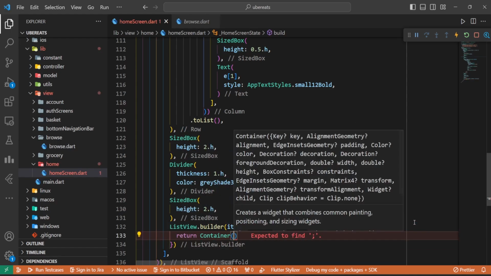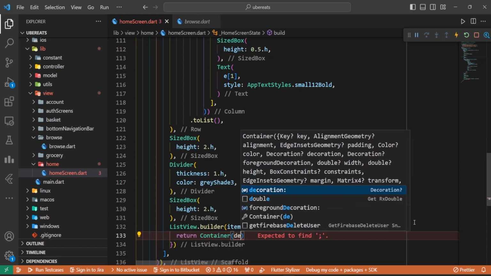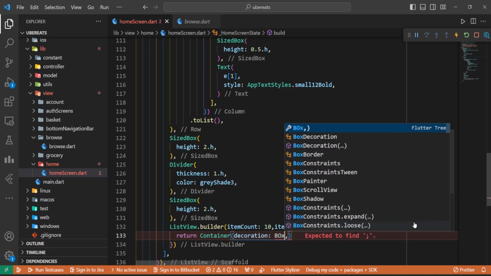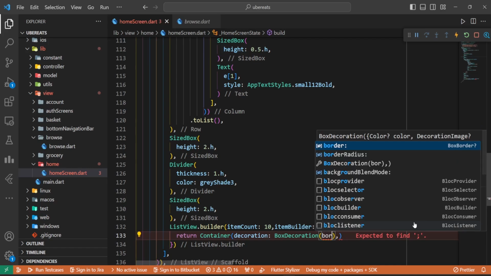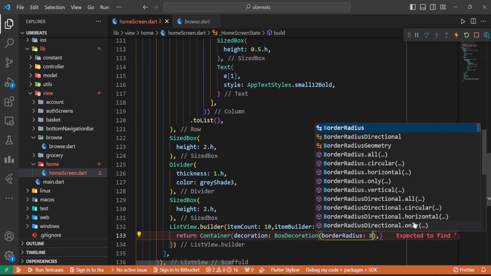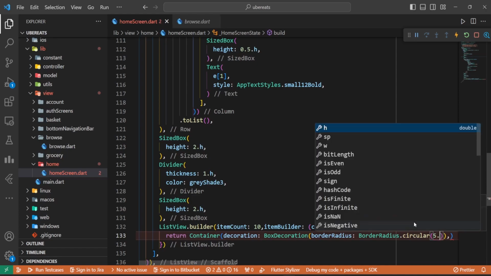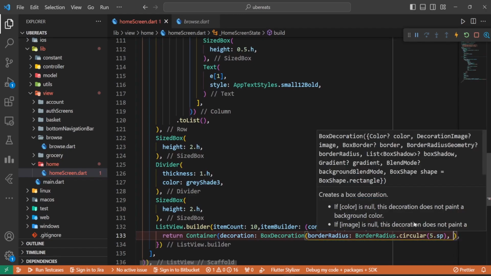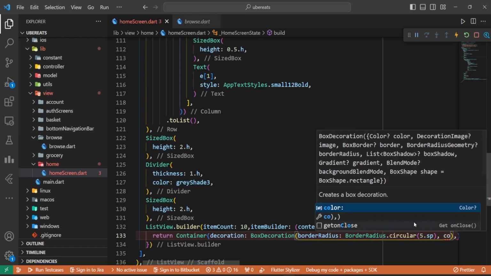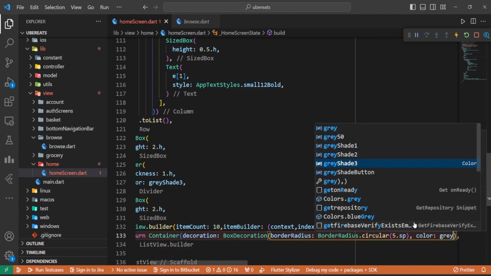We do need to add decoration, box decoration, border radius dot circular. Let's go for 5.sp. We have to go with color. Let's go with gray shade 3,